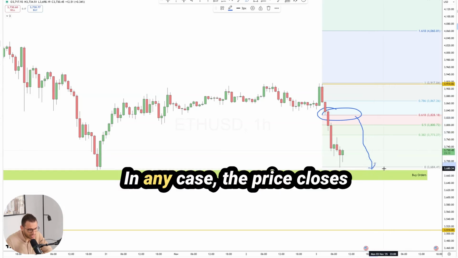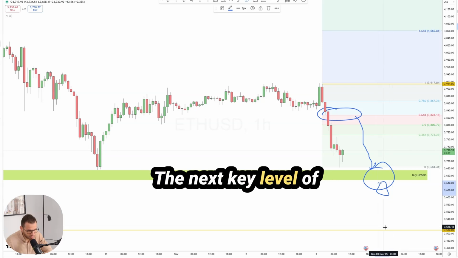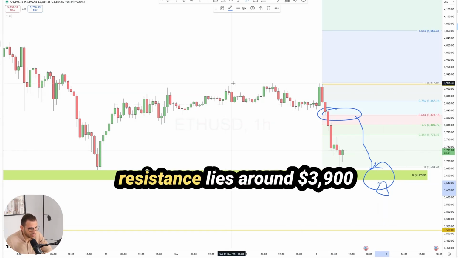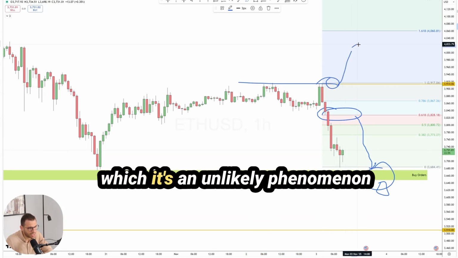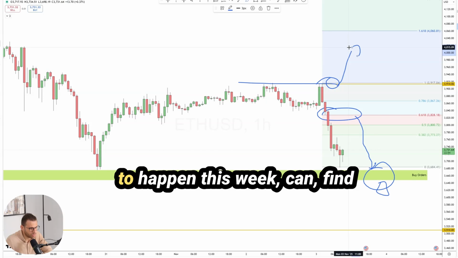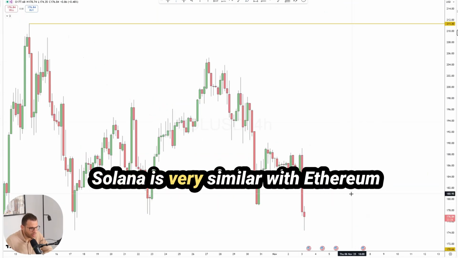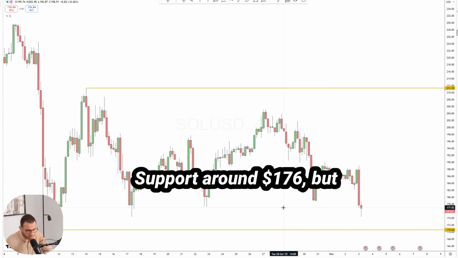But if in any case the price closes below the demand area, the next key level of support will be the $3,500. On the other hand, the key resistance lies around $3,900, and the break above this one, which is an unlikely phenomenon to happen this week, can find the price to test the $4,000. Solana is very similar with Ethereum, is resting at the key level of support around